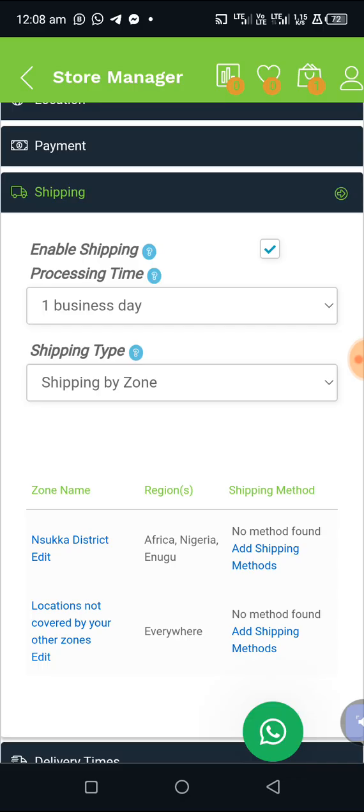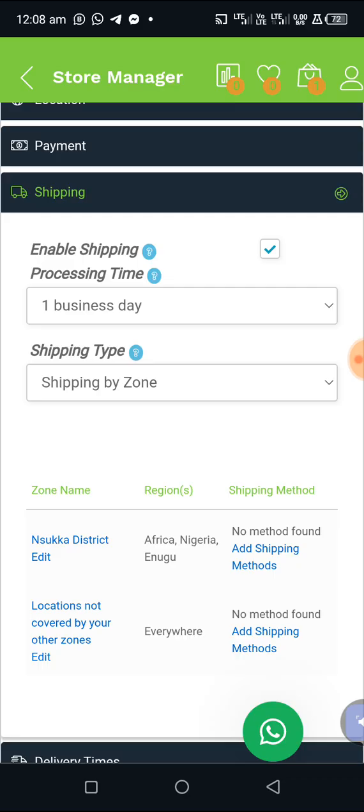But if you are not that type, for instance, you are a service provider, maybe someone that offers a service, maybe booking service, hotel, renting equipment,